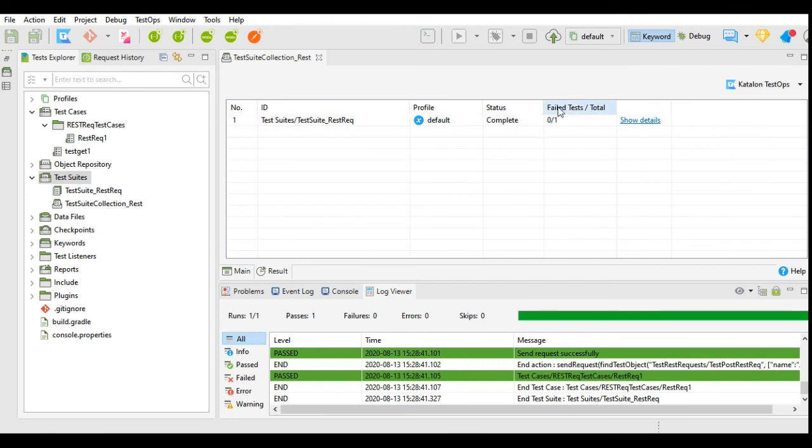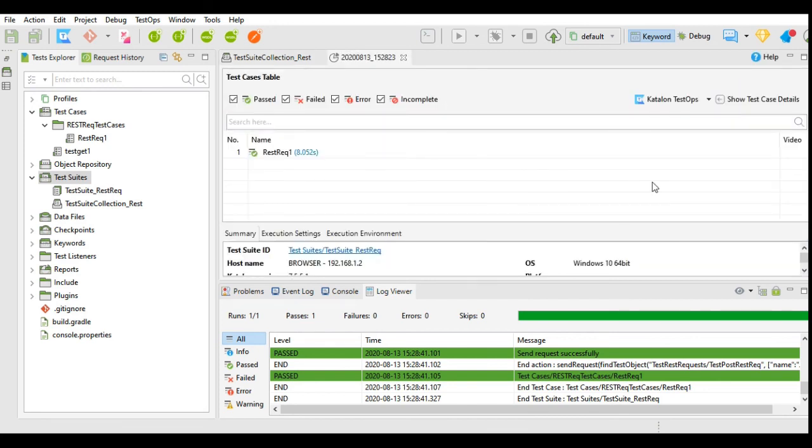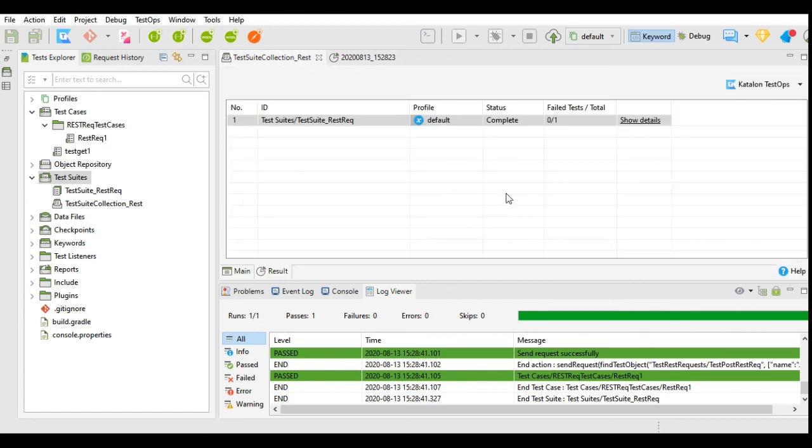But here you will also find the failed test cases versus the total test cases. And if you click on show details, it will go to the report of test suite. And here you can again find the test case details. You can check the reports for the test suite collection execution by clicking the reports folder.